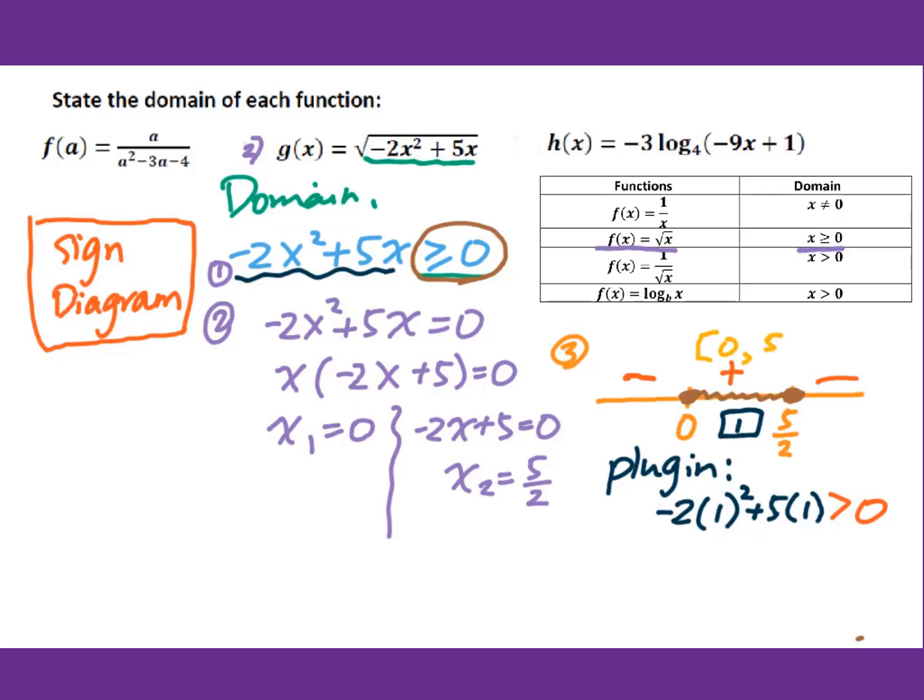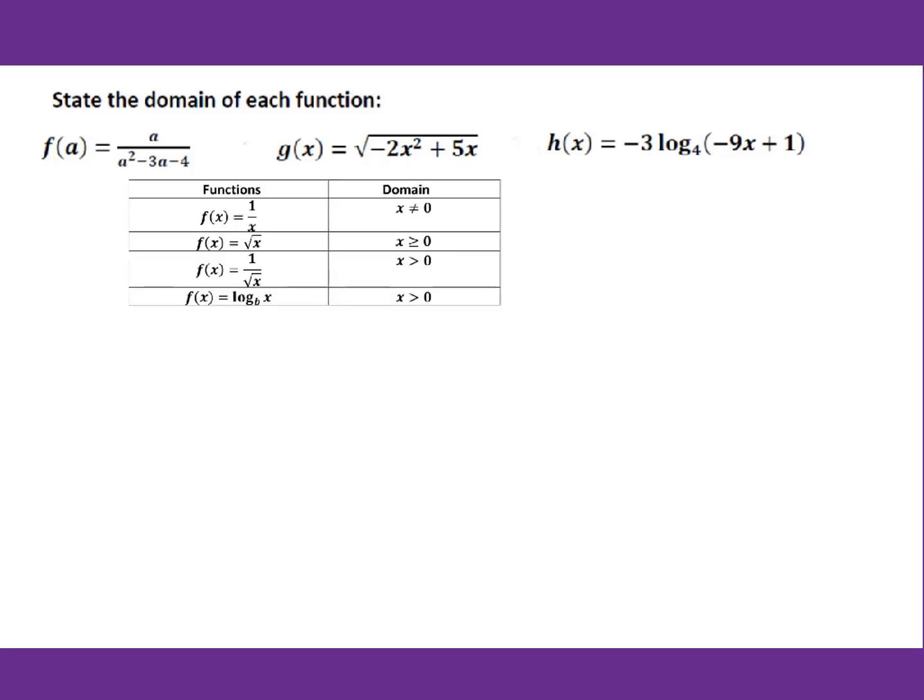0 to 5 over 2, or x greater than or equal to 0 and less than or equal to 5 over 2. Now let's go to the last question. We know this function is a logarithm function. For a logarithm function, the argument must be greater than 0. Then we check this argument. So we set up the domain